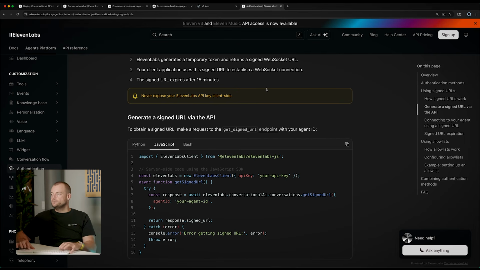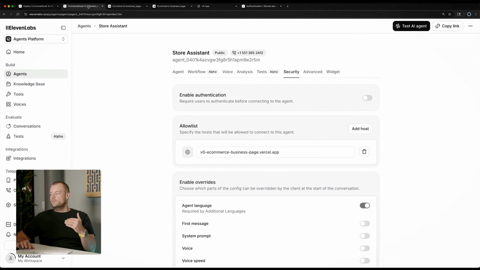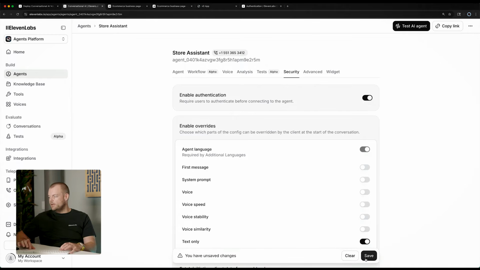Now, this is, for example, something we want to use in our mobile application scenario, because there we won't have a host domain and we will need to generate this short-lived signed URL. So now let's have a look at how we can do this. So the first step is to enable authentication in our backend here.